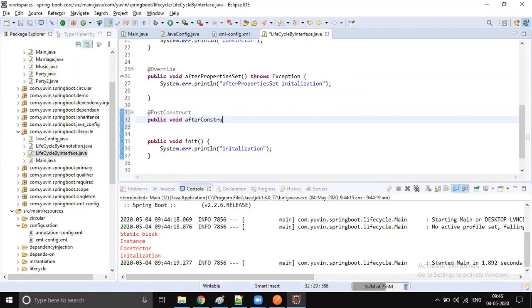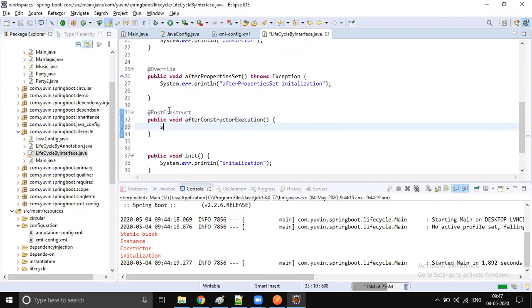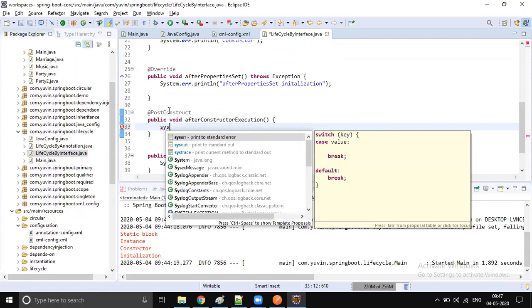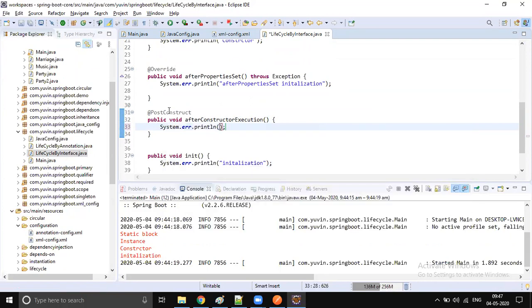The constructor execution. Okay, we don't do this in the project, but it works fine. Sorry, this is @PostConstruct.